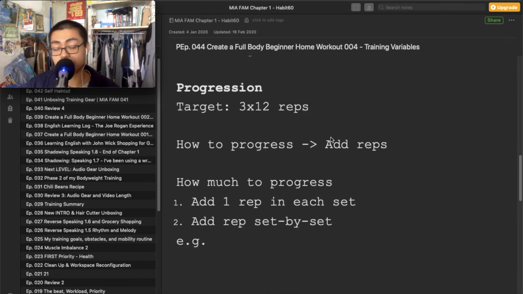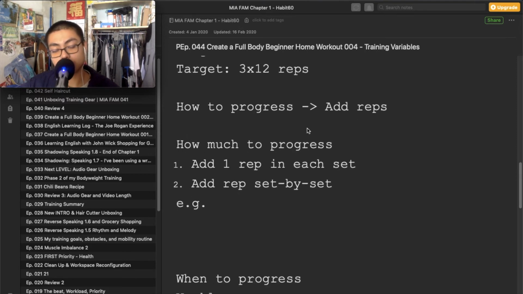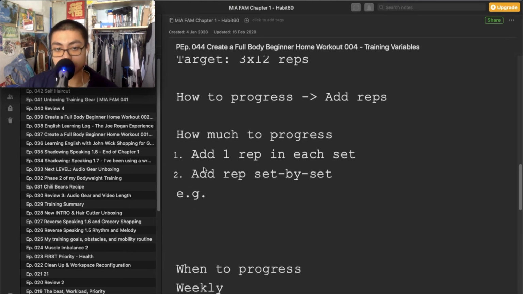How to progress the movement, there are lots of methods. I will only give you one, which is adding repetitions to the movement. How much to progress here would mean how many reps I should add into the movement. Here are the guidelines for you guys. Firstly, you try adding 1 rep in each set. Take push-up as an example,